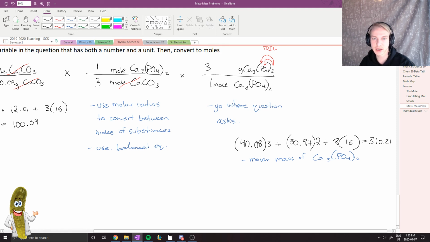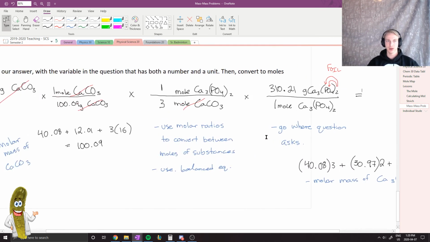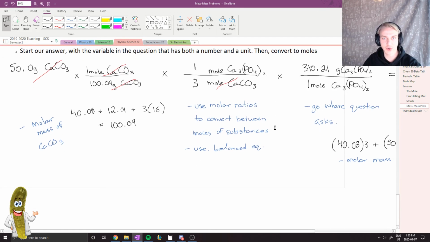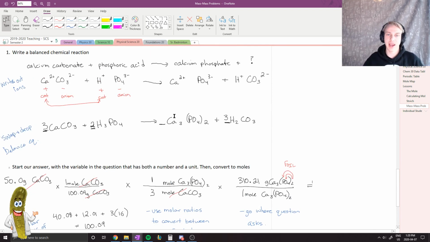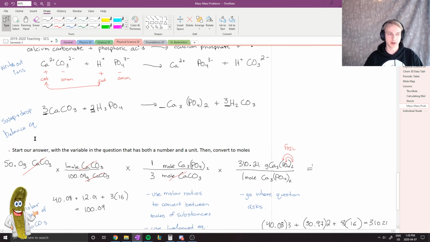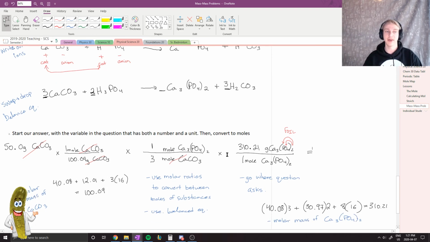And so that value is going to come up here because we just figured out how many grams per 1 mole calcium phosphate is worth. So that then becomes all of the stoichiometry that we've done. This first part up here wasn't any of the stoich. That was just simply writing and balancing equations like we did in the very first unit. And then the second part here, part 2, start with our answer with a variable in the question that has both a number and unit, then convert to moles. That actually is stoichiometry. So we convert to moles, and then the key step is this step here,